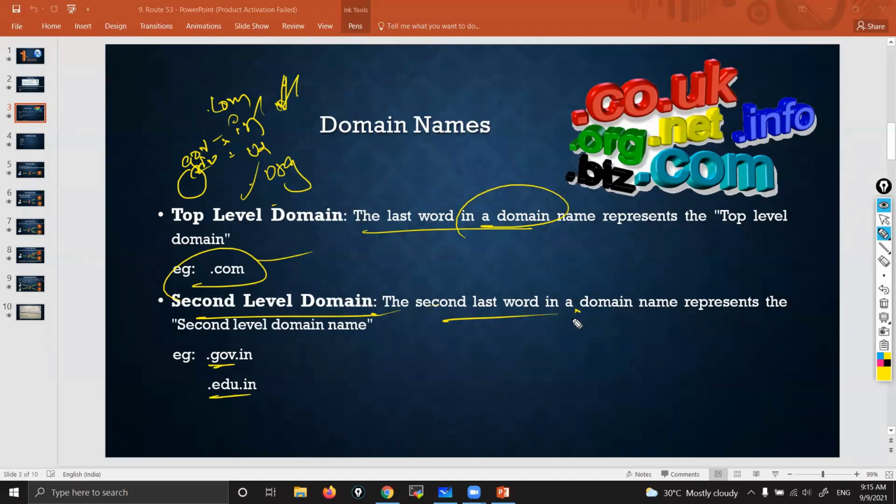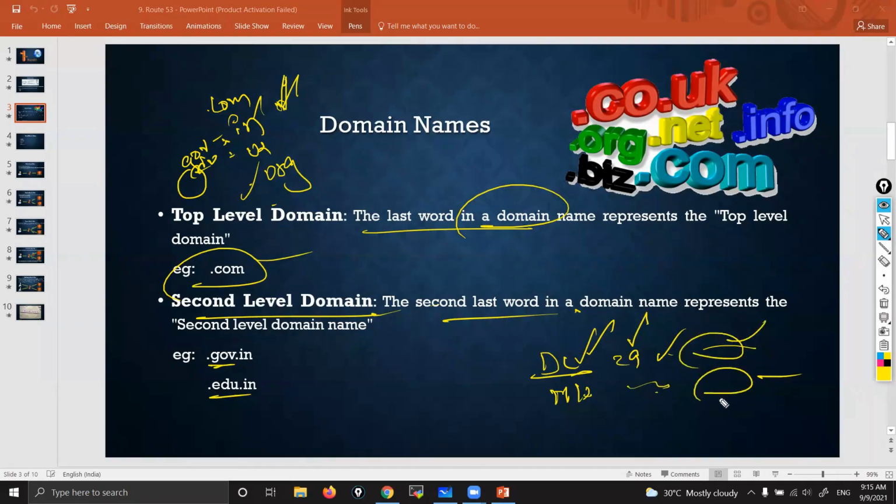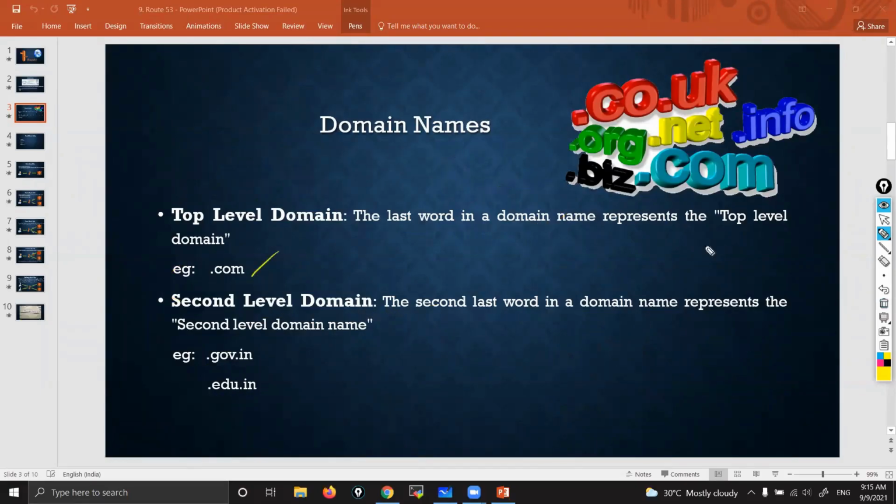In that manner. For example, right? Car number plate. If you see DL, Delhi. In that Delhi, suppose you have some 29 number. So for example, MH, Maharashtra. These are state wise. In that again, district wise, they give one more number. Then again, numbers like this. Just to increase the number. Understanding, right? That is how it works. So top level domain name, second level.